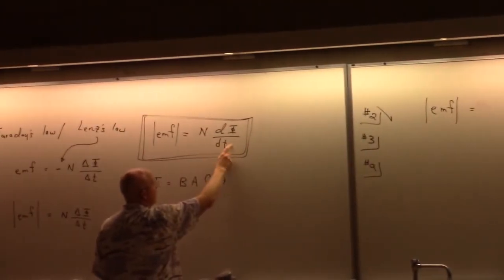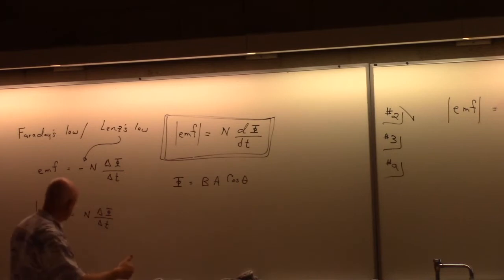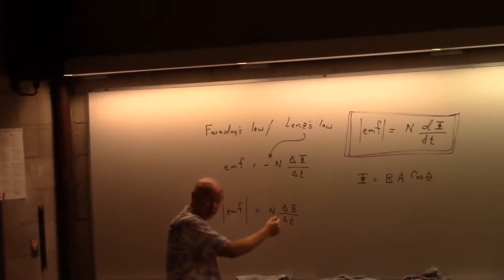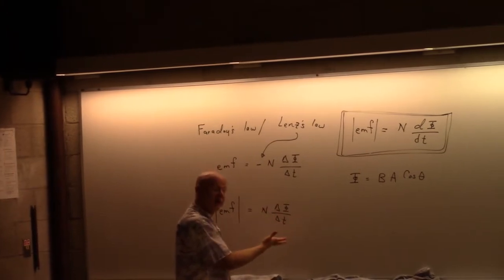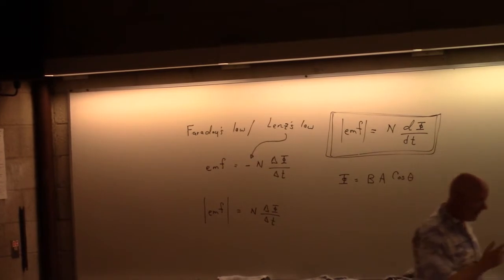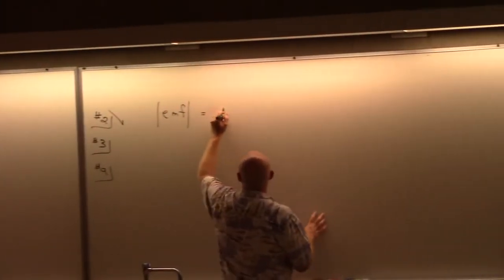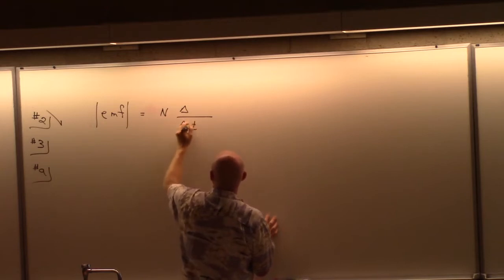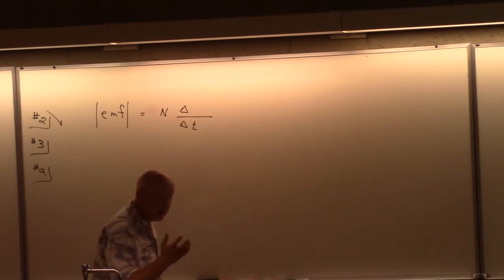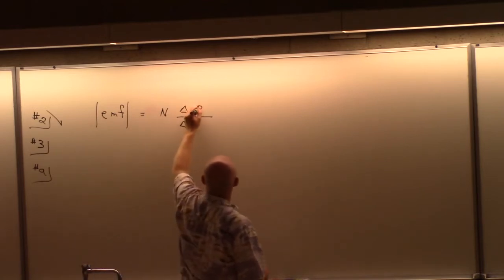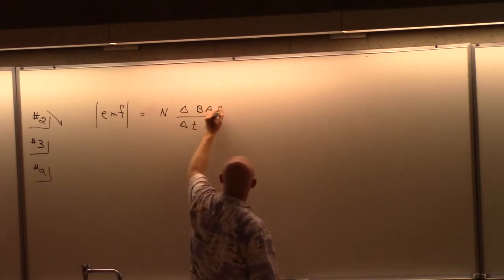All right, and I'll go ahead and switch back from the calculus form to just the algebra form, a change that's kind of an average effect, and that's what they said, find the average. But I'll start with the N and say, okay, now N is the number of turns. I'll ask you how many that is in just a second, but I'm going to replace the flux with our